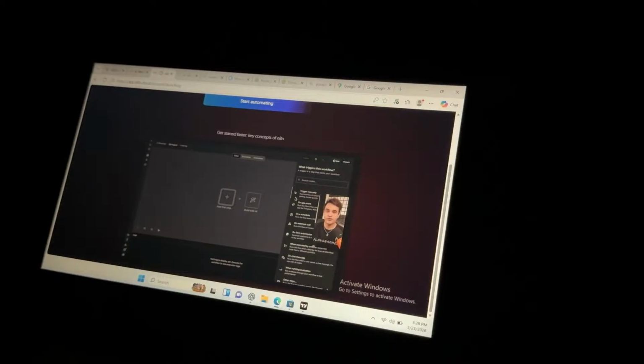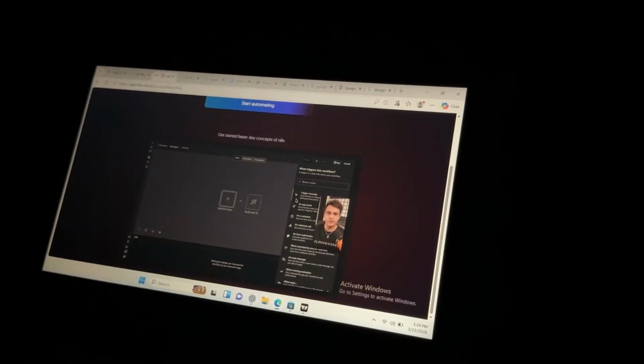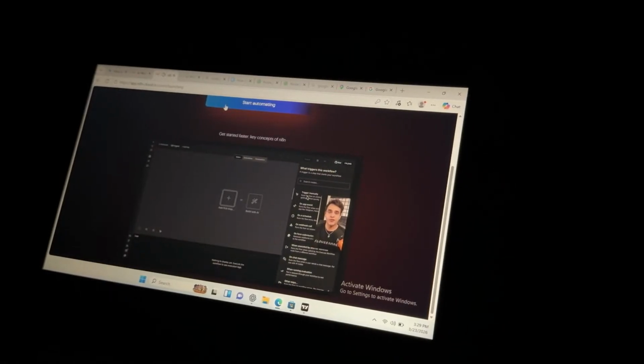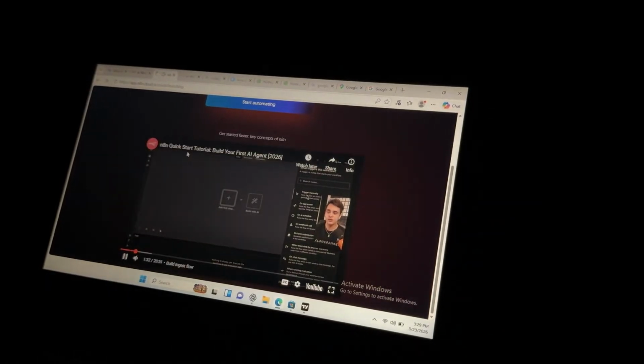In n8n, we have triggers and actions. So triggers start our workflow, and then actions perform steps inside your workflow. Since we want to capture a number of details from a user and then submit that to